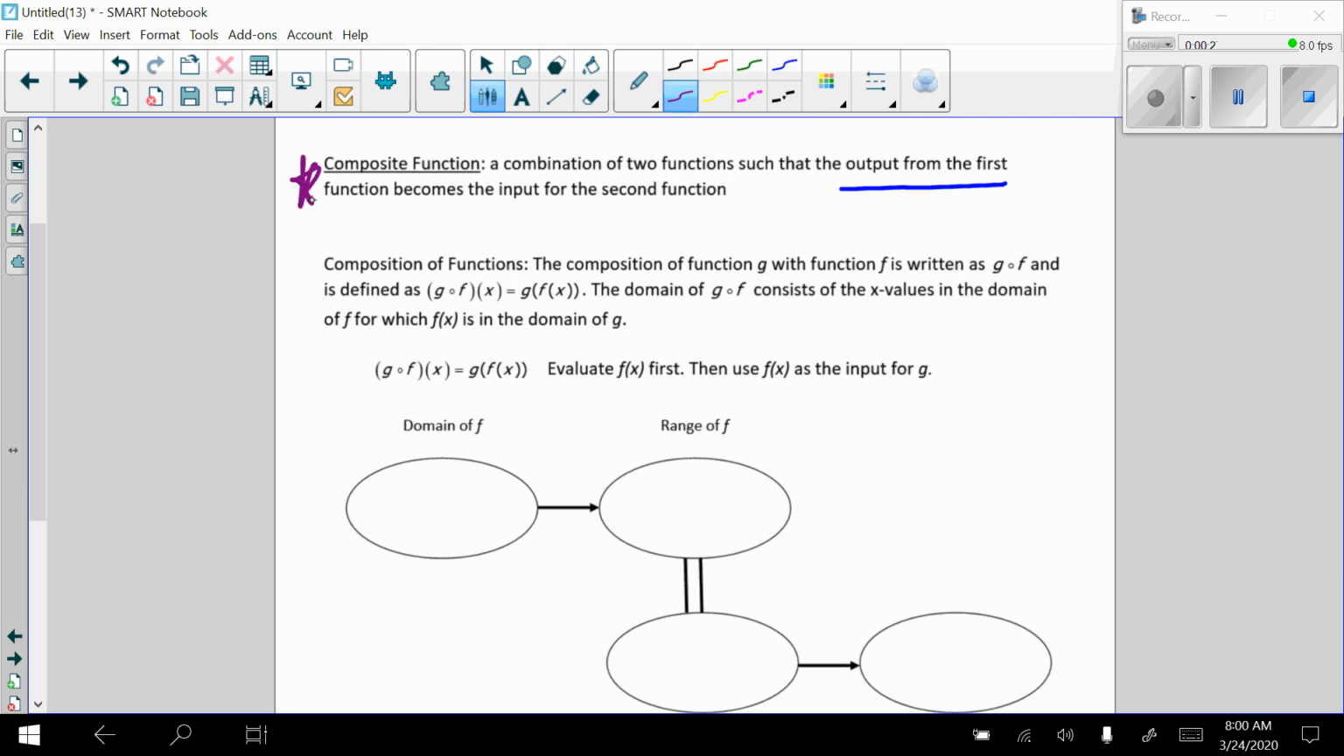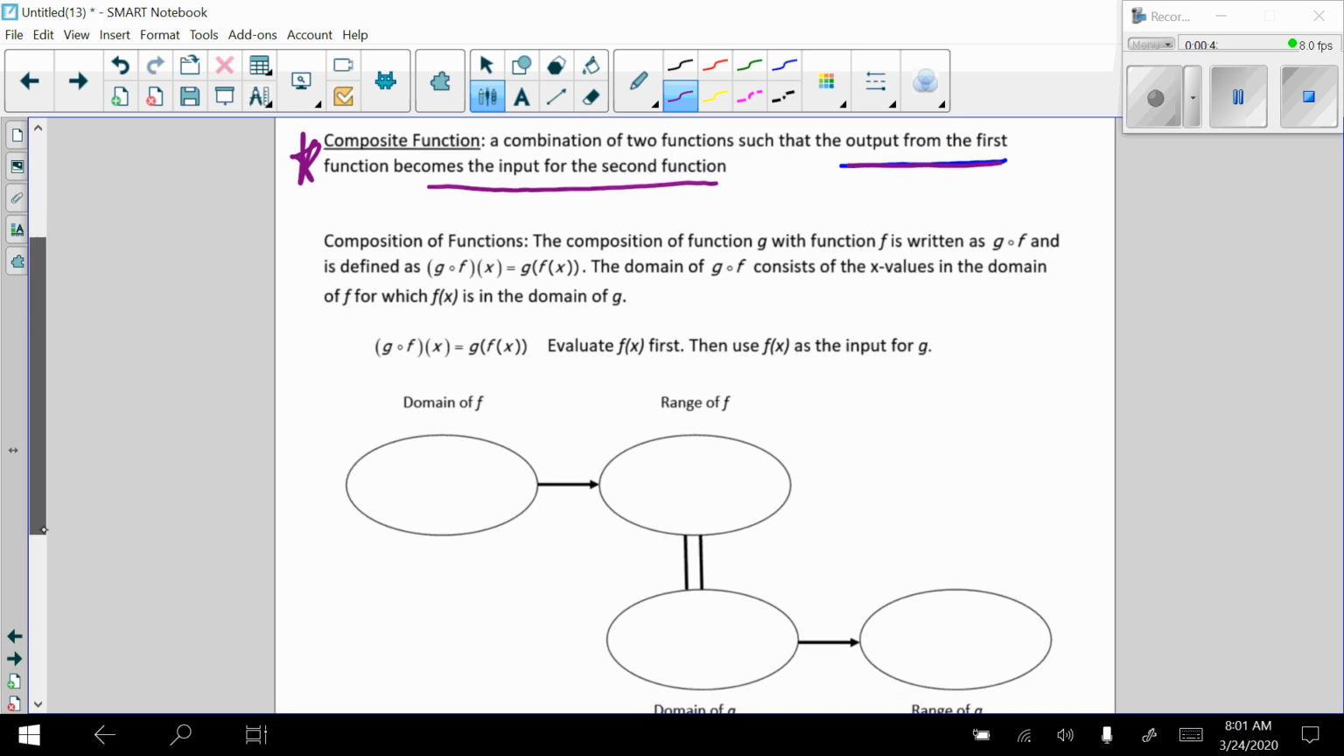Composite functions. Basically, with composite functions, what we do is we take the output from the first function and we use it as the input for the second function and see what that output becomes. In other words,